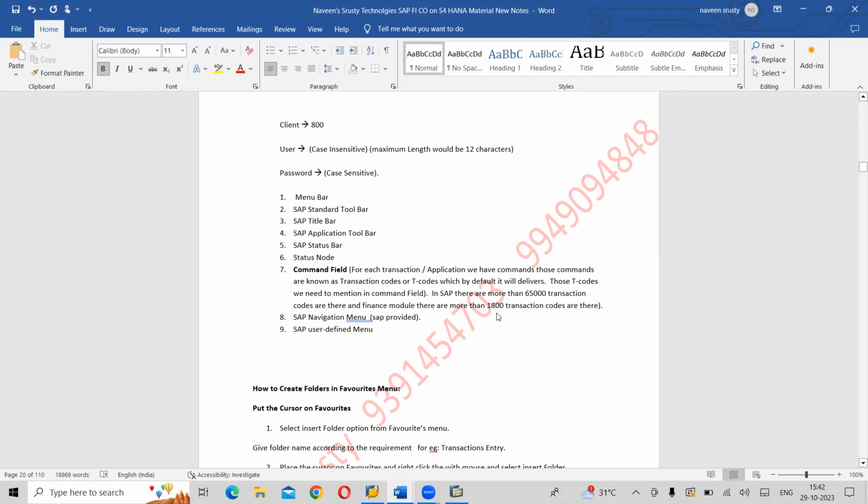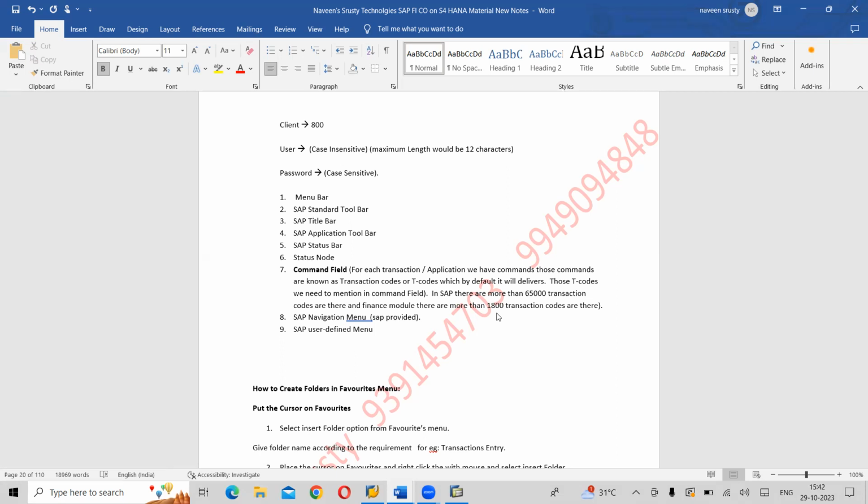Do we need to remember all FI module transaction codes? Do we need to remember all? Not required, but a few important transaction codes we need to remember at any cost. Whenever I explain, I'll say this is a very important transaction code.